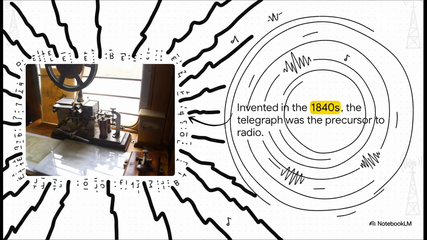The journey here actually began with the telegraph, being able to send coded dots and dashes over wires. That was incredible. But the real challenge, the next frontier, was sending the human voice itself, but without any wires. And solving that puzzle, well, that's what gave us radio, the first true broadcast medium that could send speech and music right through the air.